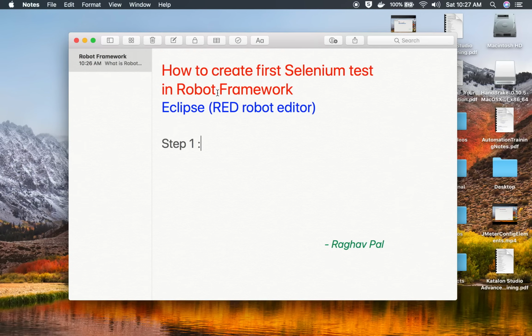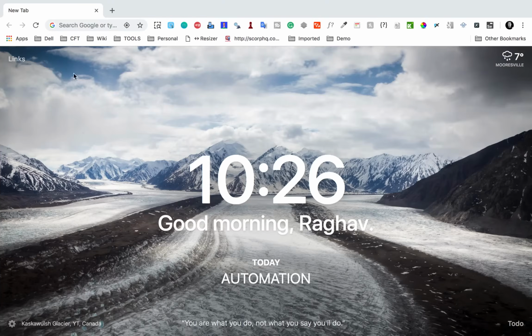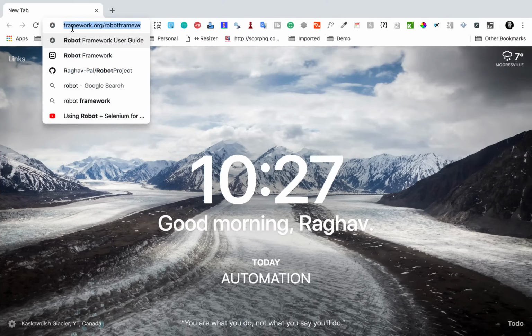I am Raghav and today we will learn how to create the first Selenium test in Robot Framework, and we are using the Eclipse Red Robot Editor. So step number one is we have to install Robot Framework Selenium libraries. So if you go to your browser and go to